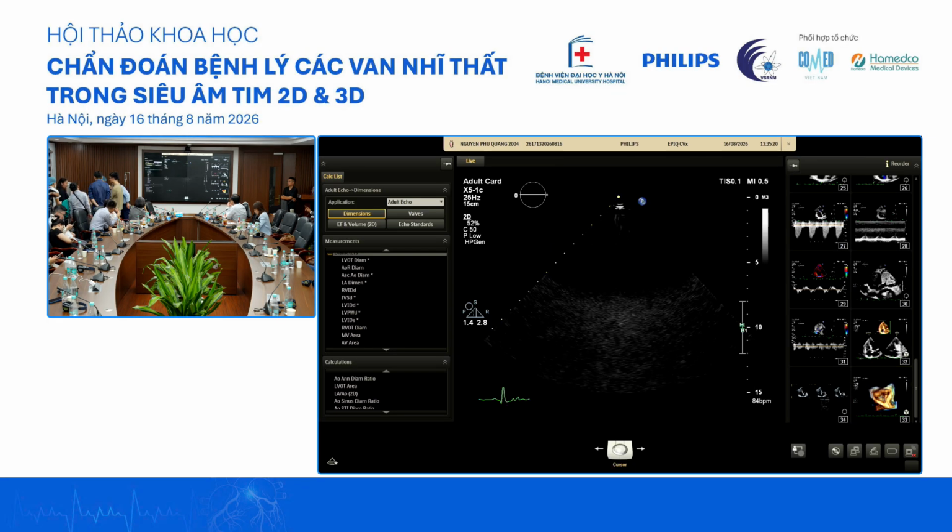Turn sideways. It's very simple. If it's functional, it tends to be central.